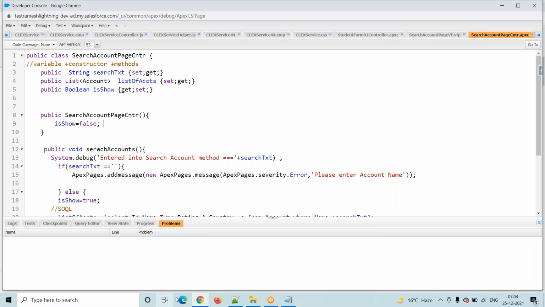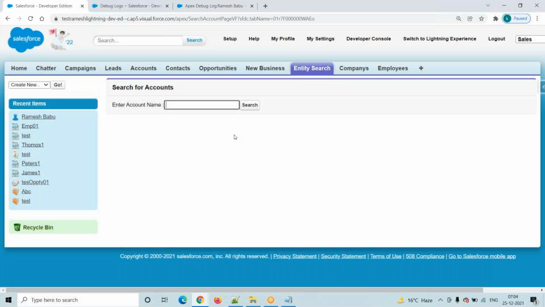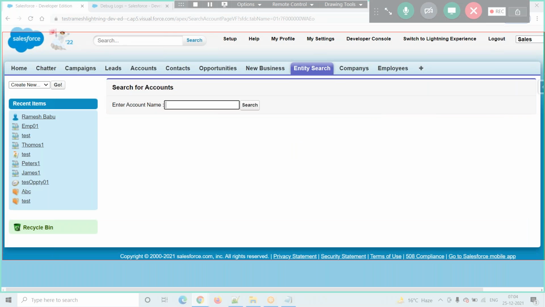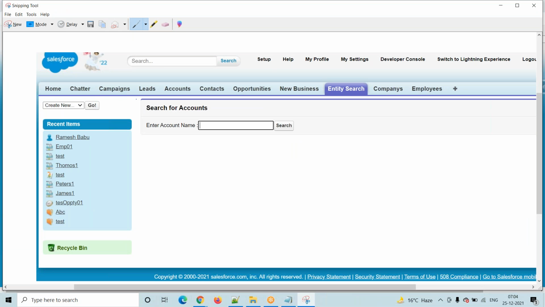This is my page, right? This is nothing but client side. We call it presenting to the user. Presenting to the user always means client side.